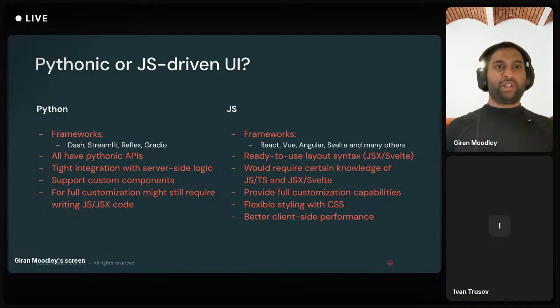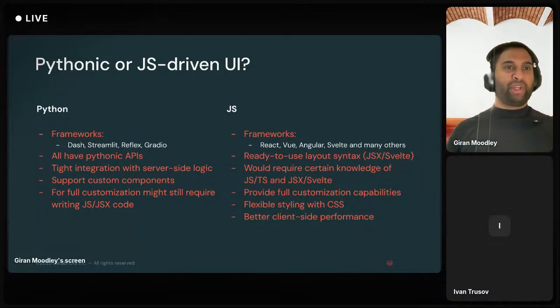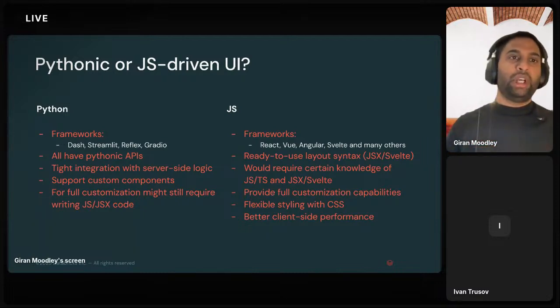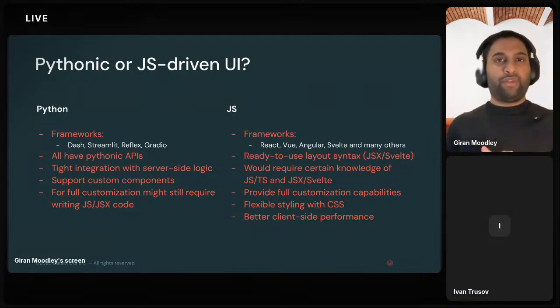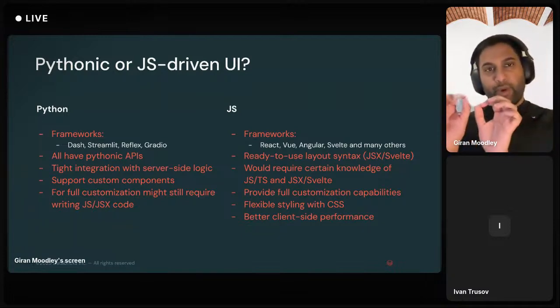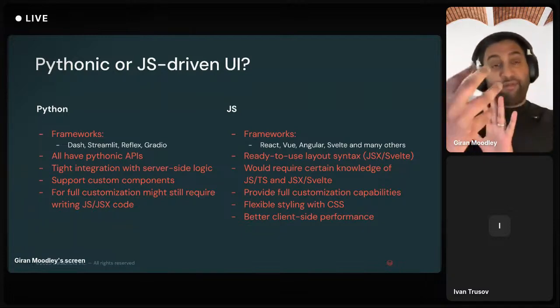Another key thing, if you're using a pure Python framework, is that you're able to pull in additional customization. If you're using a custom library or something you've built, you can pull that in through Databricks and use it as part of your application. But again, it comes down to how bespoke you want the front end to look.